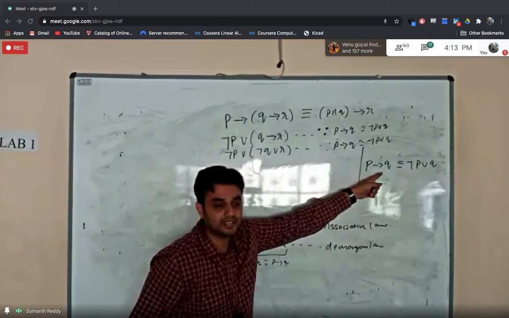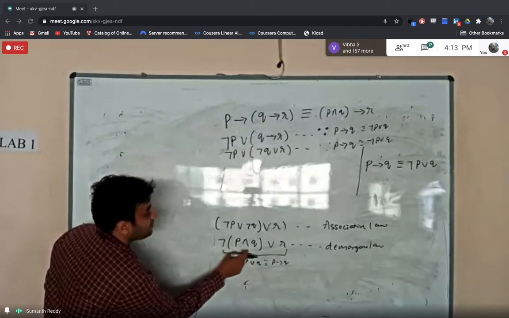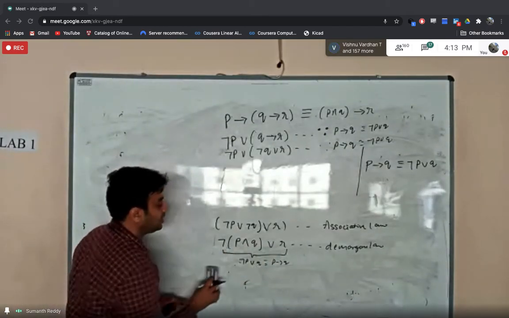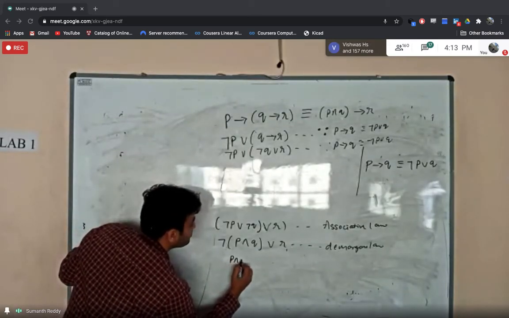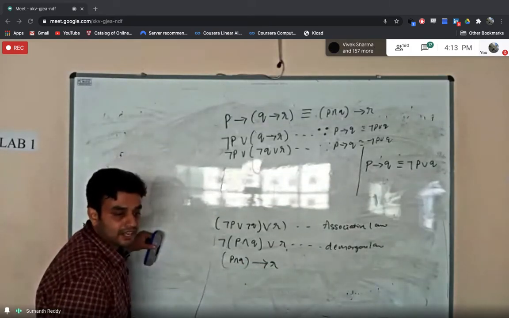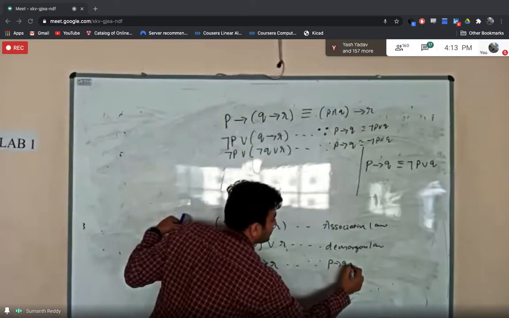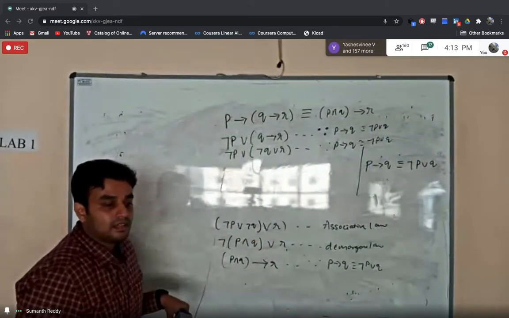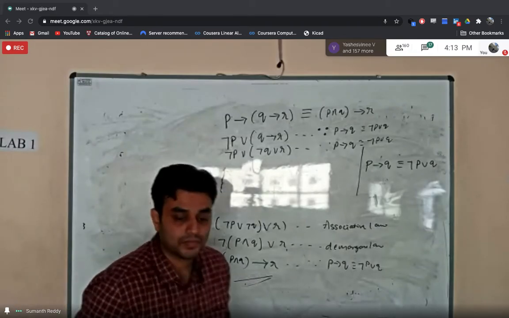Same formula, right? So in place of P, what do you have? In place of P, what you have here is P ampersand Q. In place of Q, what do you have? You have R. Okay. So now, don't you think this can be written as P ampersand Q implies R? Correct, right? This is again because of the same formula, that is P implies Q is the same as negation of P or Q, right? Okay, I don't know how many of you were able to solve this, but don't worry.